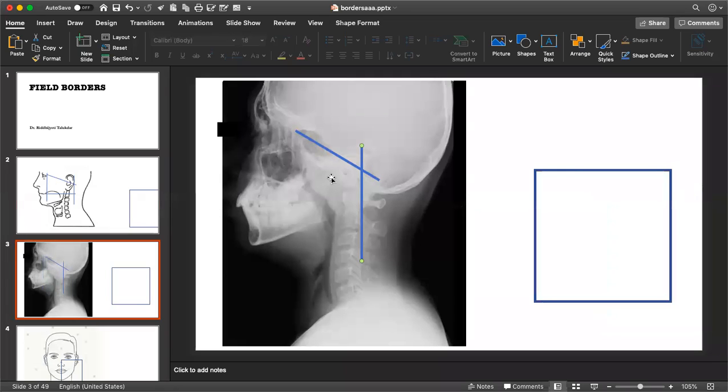So the posterior wall of the maxillary sinus separates it from the temporal fossa and the pterygopalatine fossa. This is where your pterygoid plates would lie, and your posterior border would be behind the pterygoid plates, or you can put it at the level of the mastoid process. Any doubts? So it covers the pterygoid plates, or you can also say mastoid process.